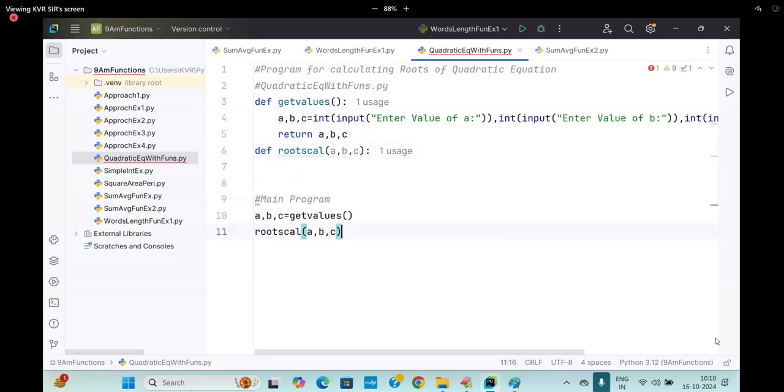So done. Students, I think you know that when the A value is equal to 0, that is